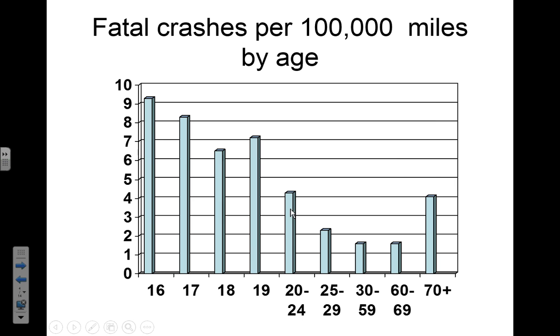One more thing to show you here. This is the number of fatal crashes per 100,000 miles. This is why younger people pay more for car insurance. They get into more accidents. This is just fatal crashes, but nonetheless. Okay, the 16-year-olds are the worst, 17-year-olds and so on. 70-year-olds, they must start to get into more accidents, but it's even less than the 20 to 24-year-old. And that's why they pay more in car insurance.